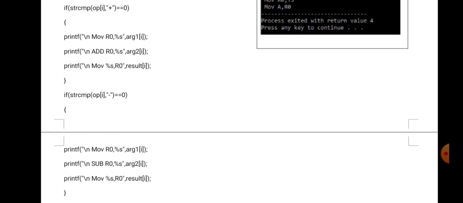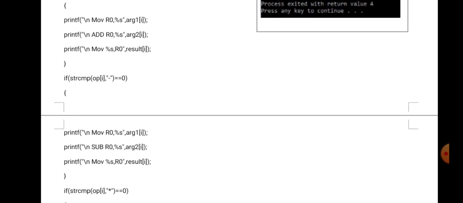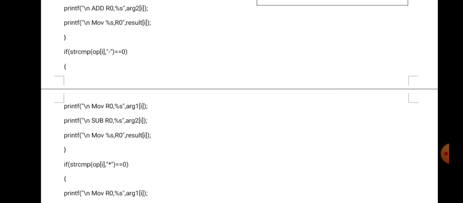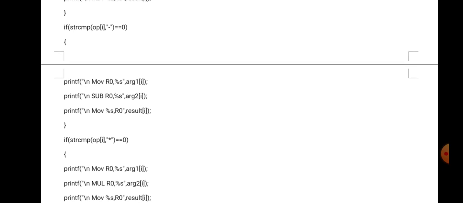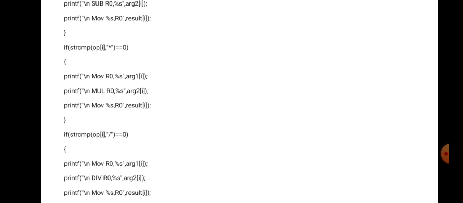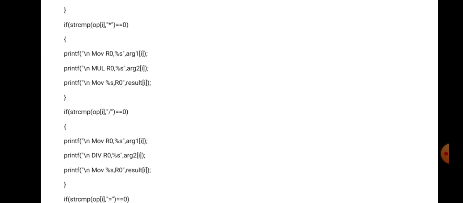Similarly, comparison statement we have written for, that is string comparison we have used, since all our arrays are character arrays, and here operator is compared with minus, and if it is successful, we have a corresponding subtraction target machine code. If it is compared with the multiplication operator, then we have 3 lines of corresponding target machine lines, that is move, multiply and move.